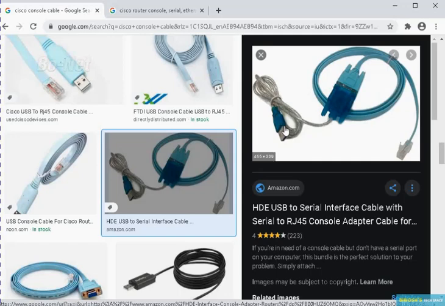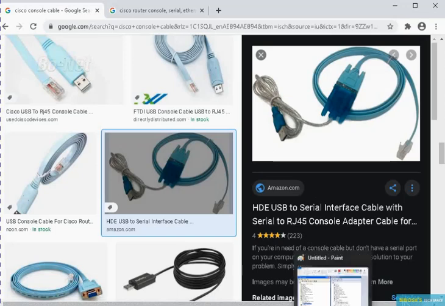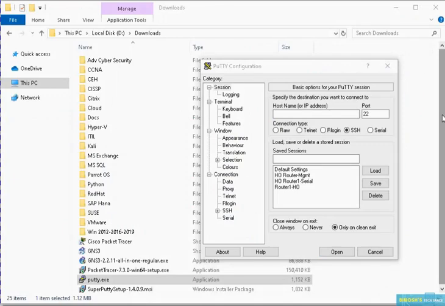Once you connect the PC, we need to install the driver for this. Once we install the driver, we will be able to connect. When we open the PuTTY software, first of all we need to select the option serial and choose the correct serial interface, the COM interface, which is detected in our system. Then just click open, it will connect. If it's port number COM3, then you choose COM3, then just click here to open the connection.